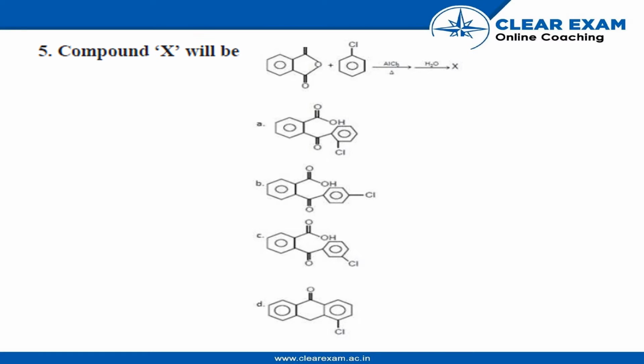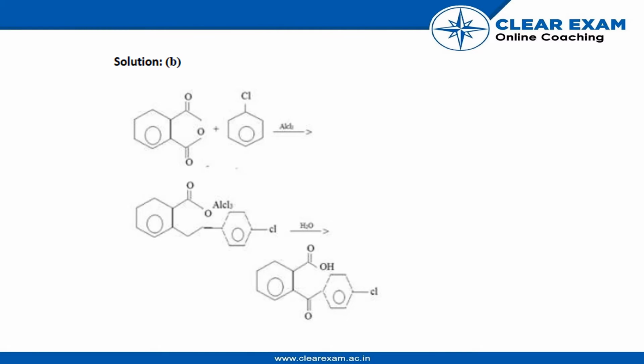The question is, the compound X will be, the solution is. In order to answer this question, we must understand the chemical reactions that take place. Also, the double bond O can be written as single bond O minus, wherein we transfer the bond as a